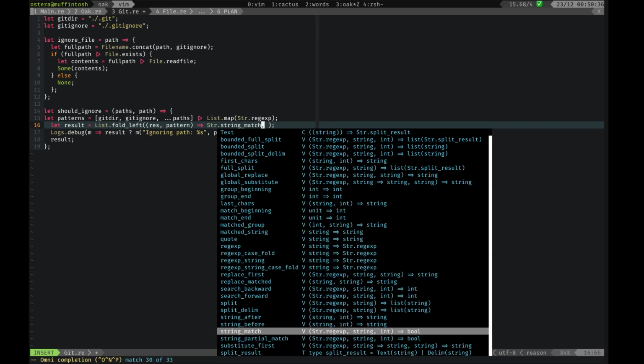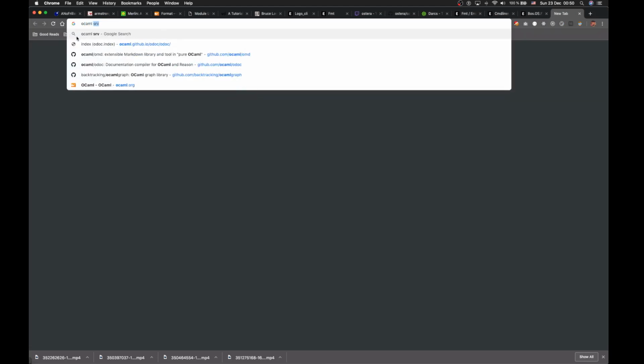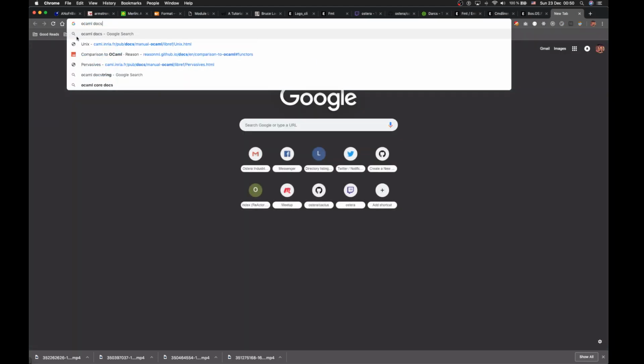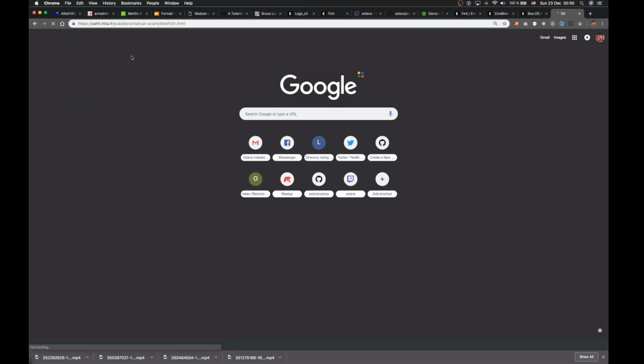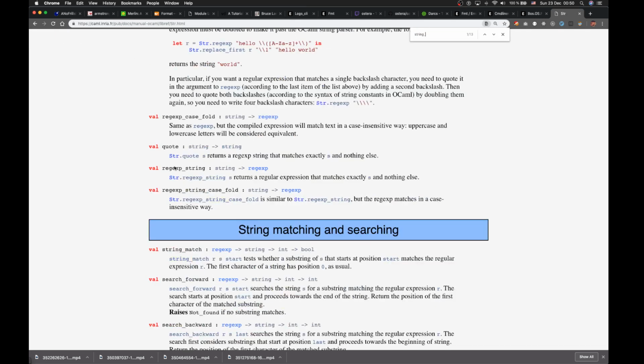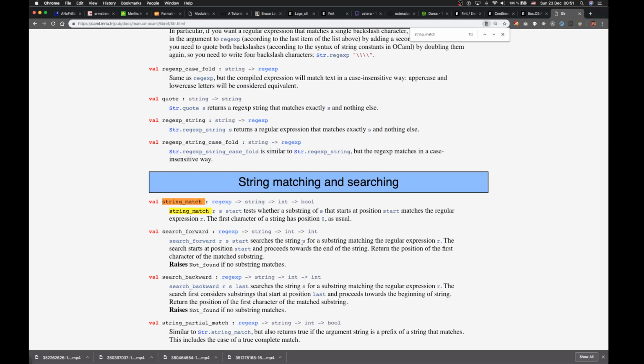We have a function called string match that takes a regular expression, a string, which is our path, and then it takes an integer. If we go into the OCaml docs, which I already have bookmarked here, we can go into the Str module, and it should be a string match function. And this tests whether a substring of s that starts at position start